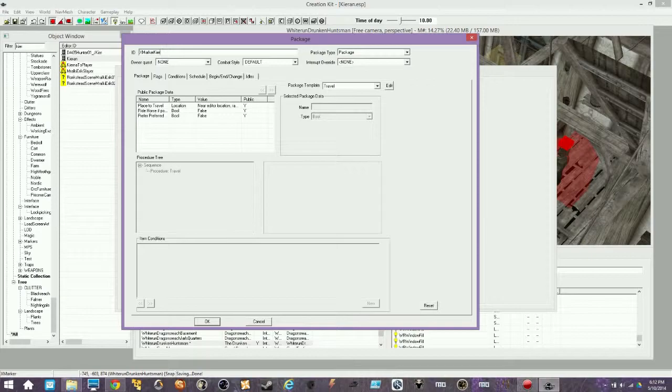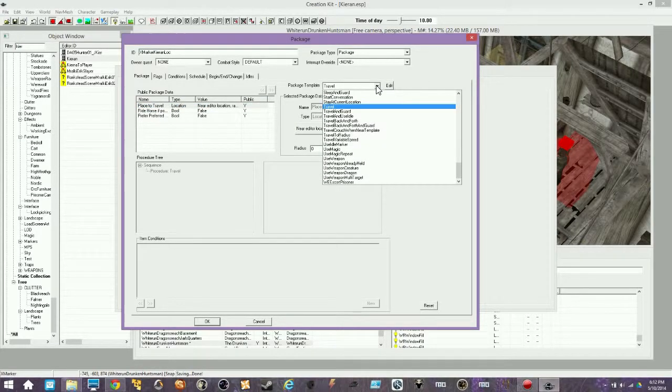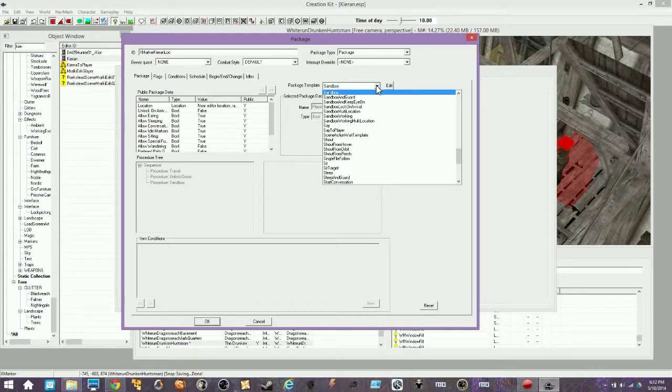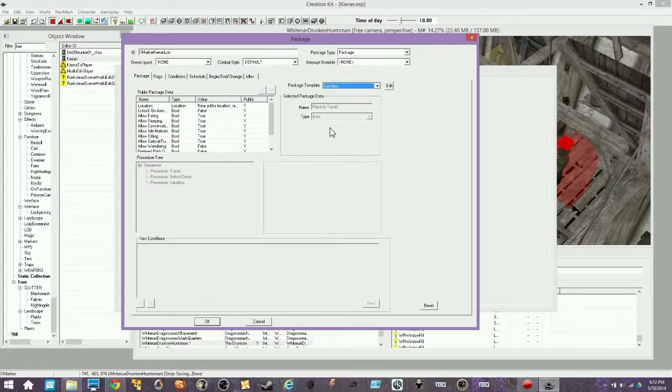Location. Okay. And it's going to be travel, and select that. And we don't want travel, we want sandbox. My bad. So you select that,